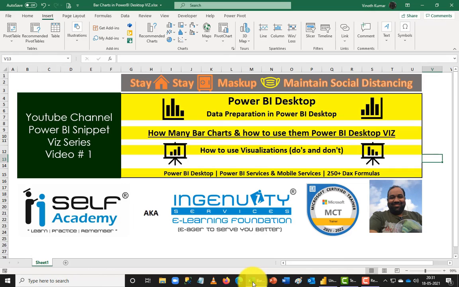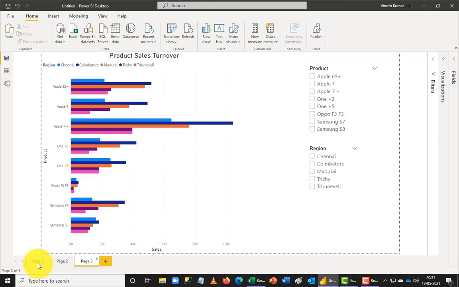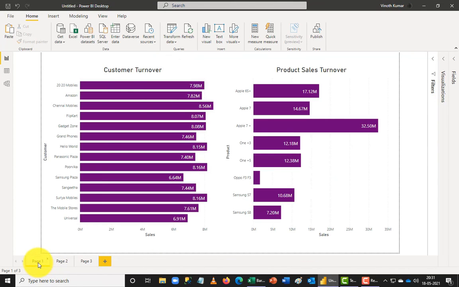So what I gave you is a basic idea. You can go through this furthermore. You can use all the other options that we have in our format options, where we have titles, we have filters, and we have a lot more available in our list. But we will not end with this, because this is just a kickstart. I'm going to use all these charts in the best possible way to build a Power BI dashboard, and I'll show you how to publish them into Power BI Service and make use of them in the best possible way.